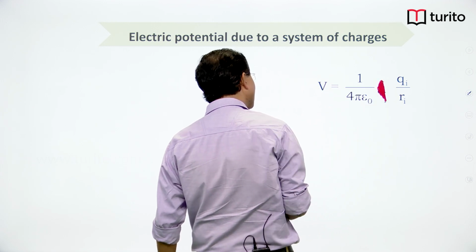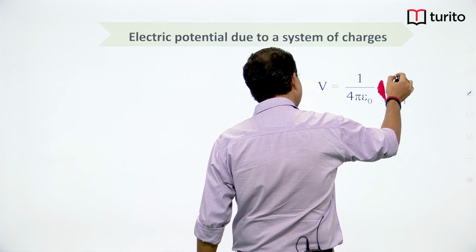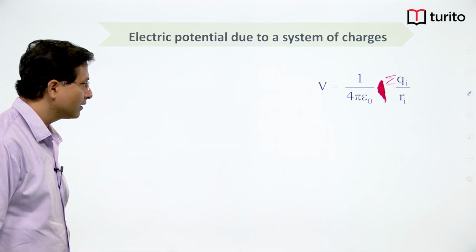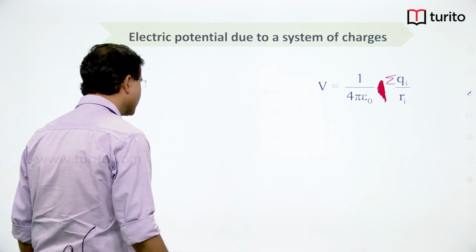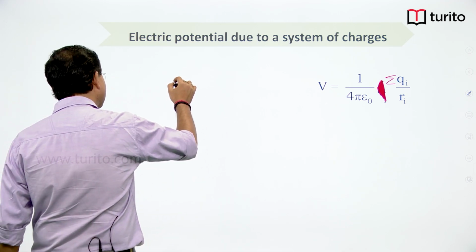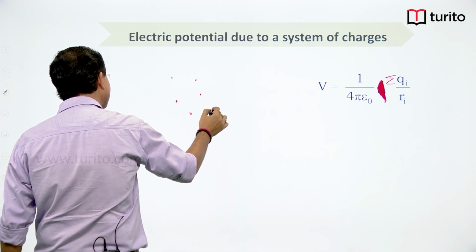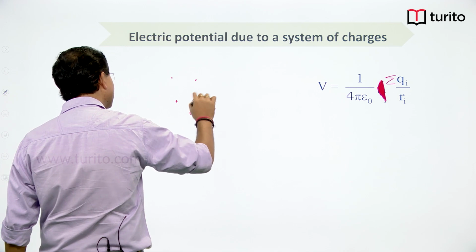This is V due to all the charges, it is nothing but sigma. So what does that mean, that if I have multiple charges in a space,